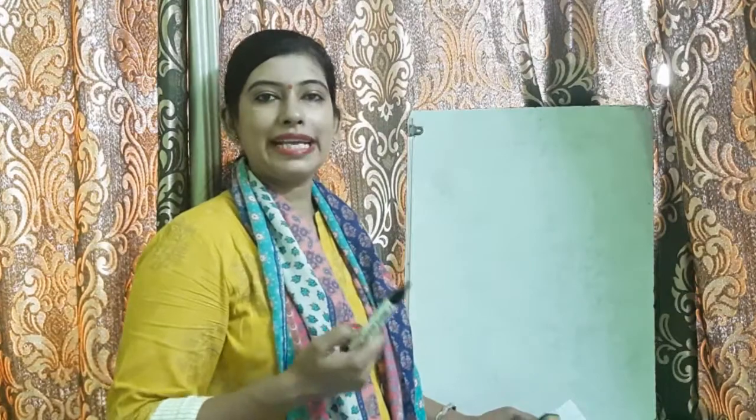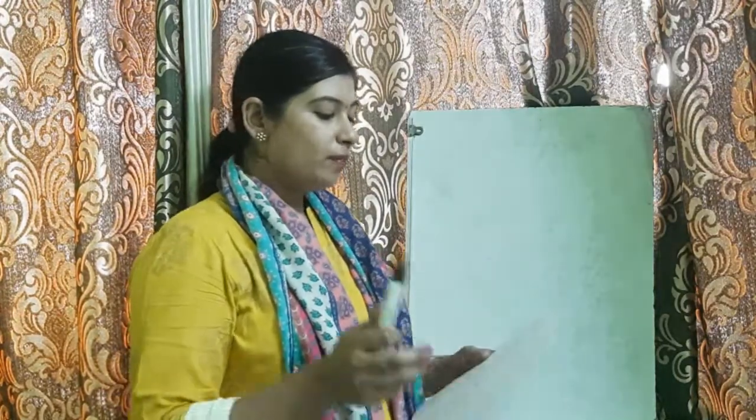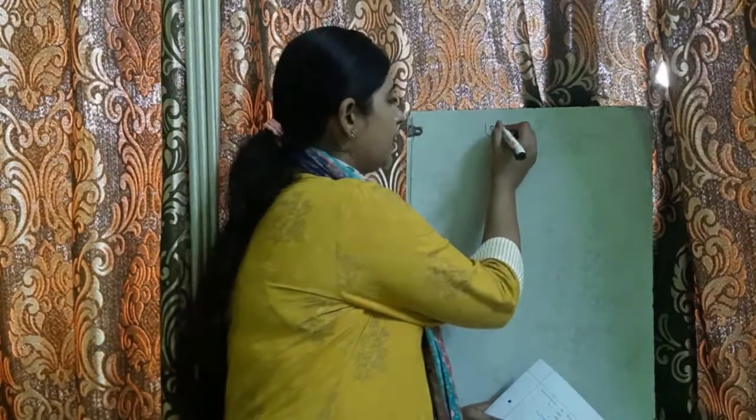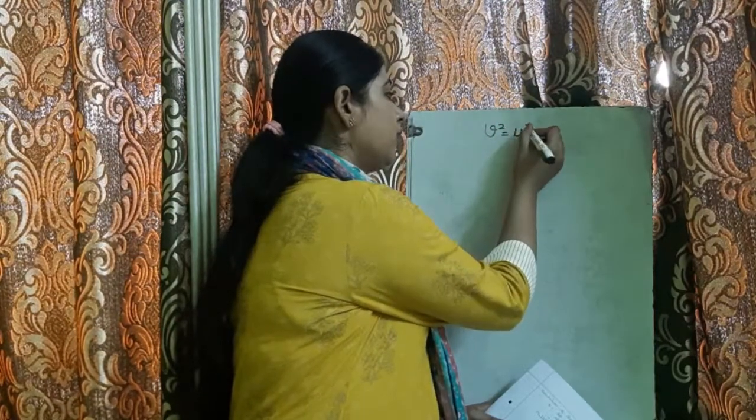Students, yesterday I explained the concept of integration and differentiation in a detailed manner. Today we will start with the derivation of the third and fourth equations of motion. After that we will do some numericals related to them. So the third equation of motion is v square is equal to u square plus